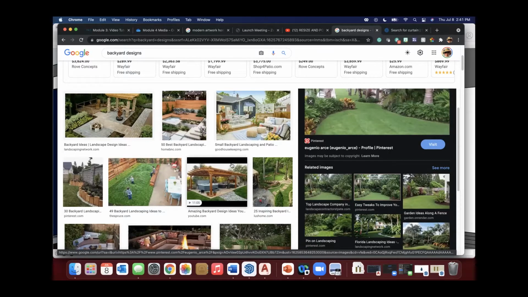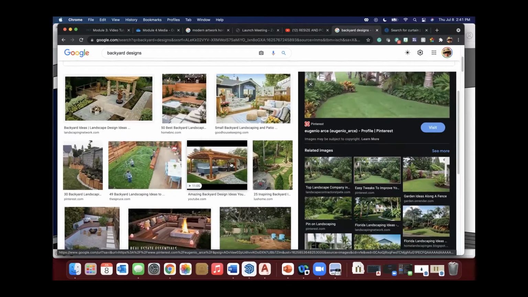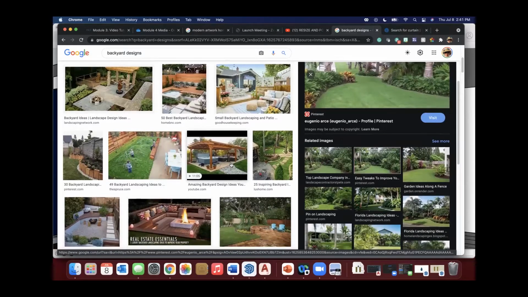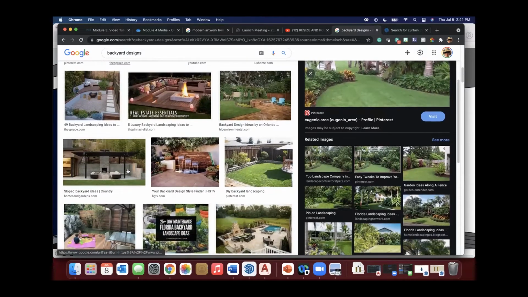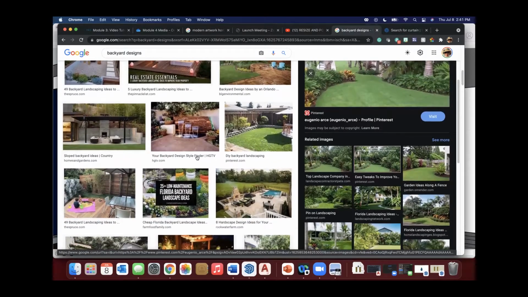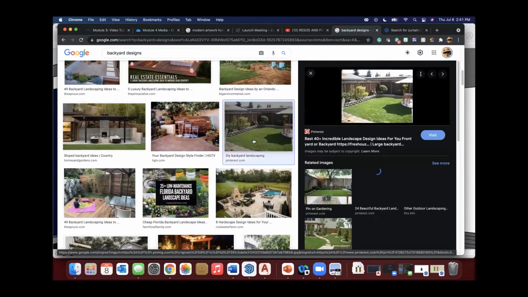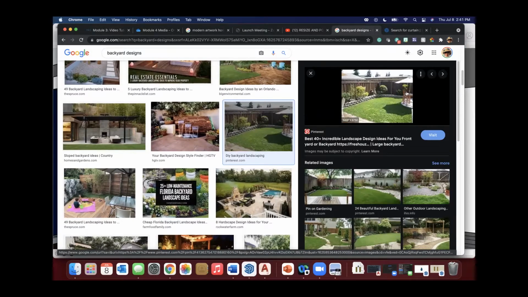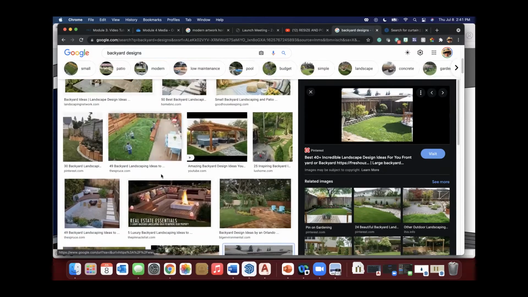You might have something in mind. You might actually have images from the project. If you're doing a remodel, you might want to take pictures from the actual locations to put in there, because clients love that. It really shows what it's going to look like potentially. This could be a good image because of the positioning, but you do want to make sure it's a good quality JPEG and high resolution. But you definitely want to think about angle.